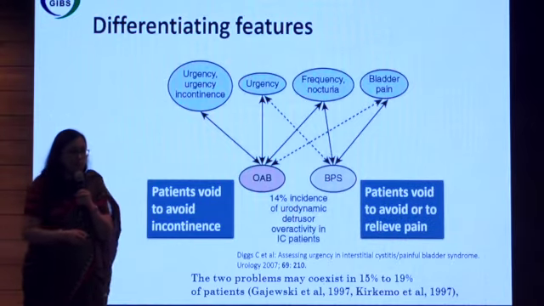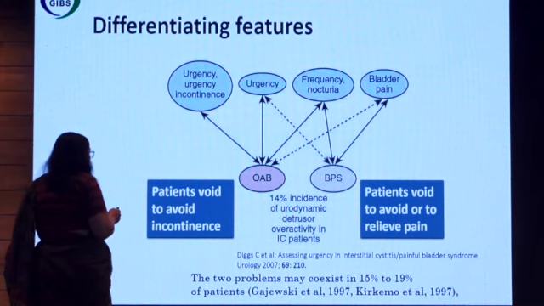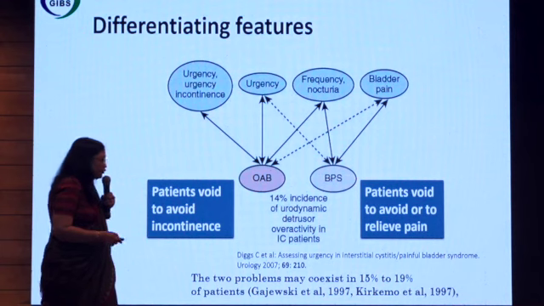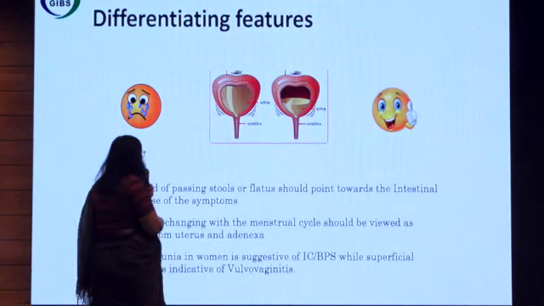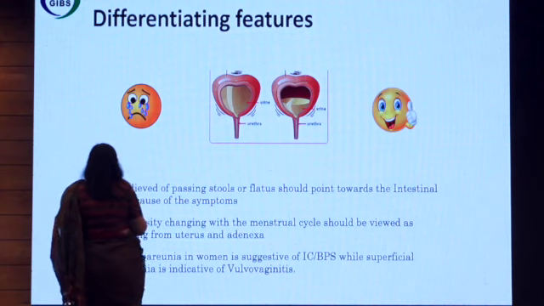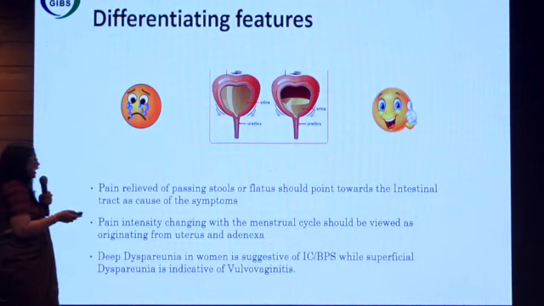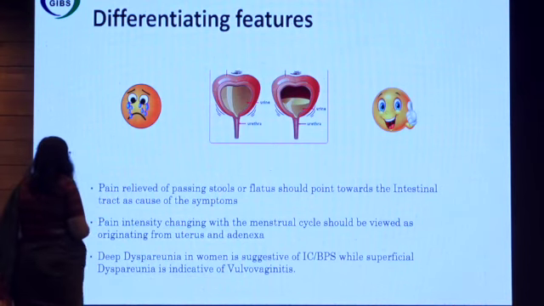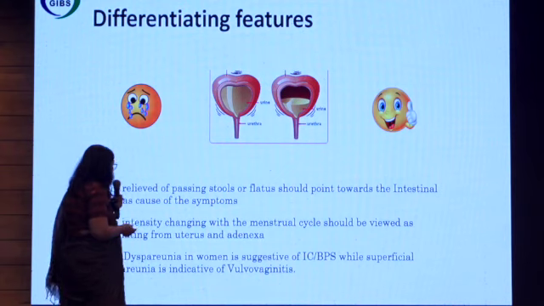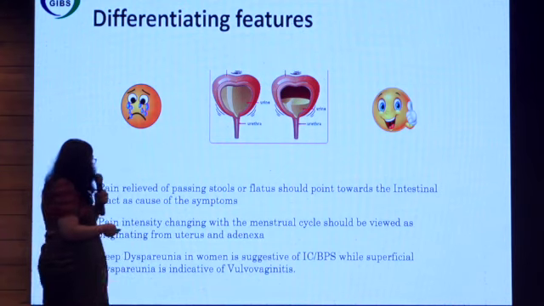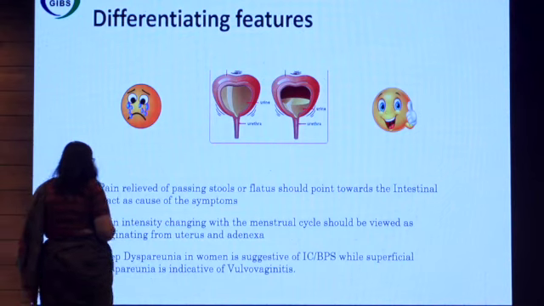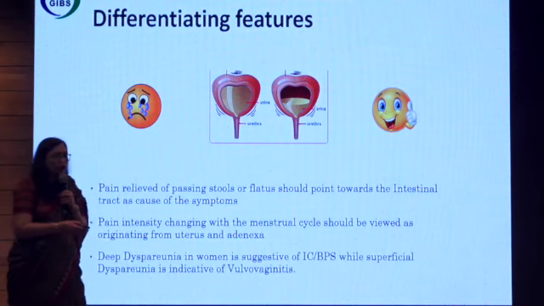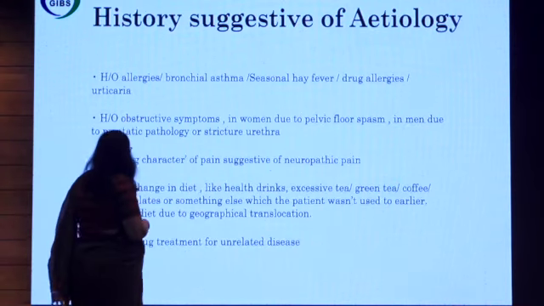With bladder pain syndrome, the patient will void because she wants to avoid that painful sensation once the bladder is full. So she will go, it would be a forced frequency. How to differentiate between intestinal tract problems like IBS? The patient will have more gastrointestinal symptoms if it is there. If it is mainly related to the menstrual cycle, you have to rule out endometriosis in these patients. And of course, there could be differential diagnoses like dyspareunia, vulvovaginitis, and vulvodynia. So you have to be very careful before diagnosing these diseases.